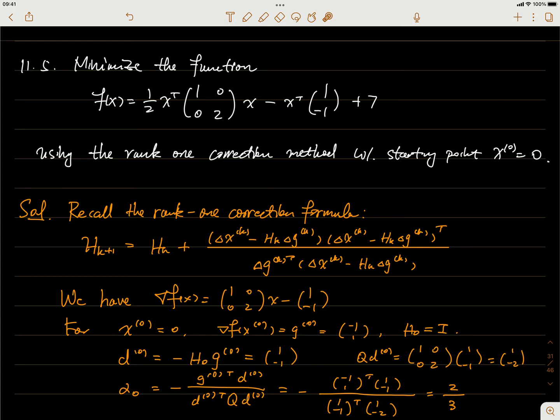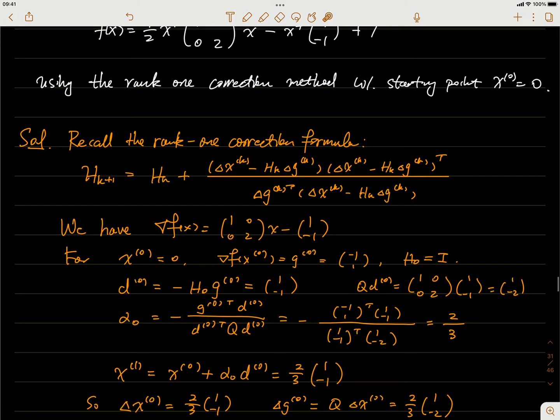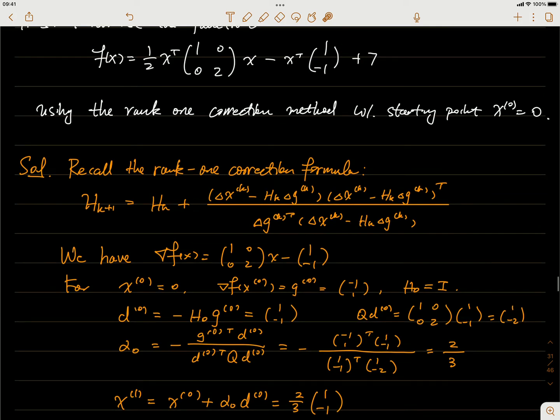Problem 0.11.5. So now we'll try to minimize this quadratic function f using the rank 1 correction method. We start from the initial point x naught equal to 0. Okay, so first recall the rank 1 correction formula that is given by that. Okay, so now for the specific question right here,